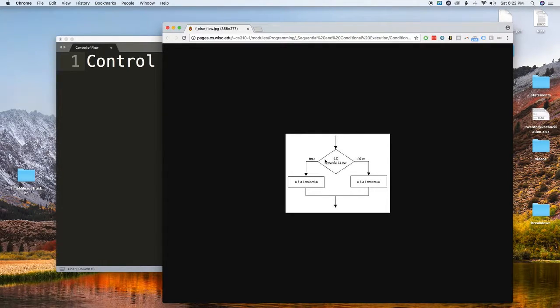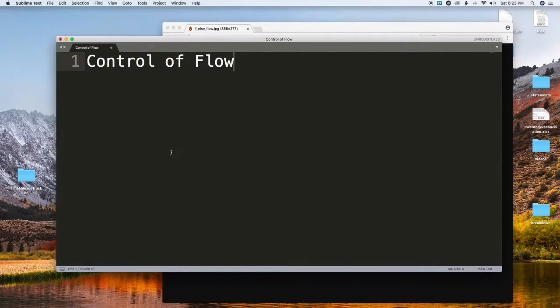A very simple and common one is an if statement, and basically we say, if some condition that we test is true, then we're going to execute another statement. We can also combine that with an else, which would look more like what this image shows. It says, if this condition is true, then we're going to do whatever's here. If it's false, we're going to do whatever is here. If we look at this in terms of what the PHP code would look like,